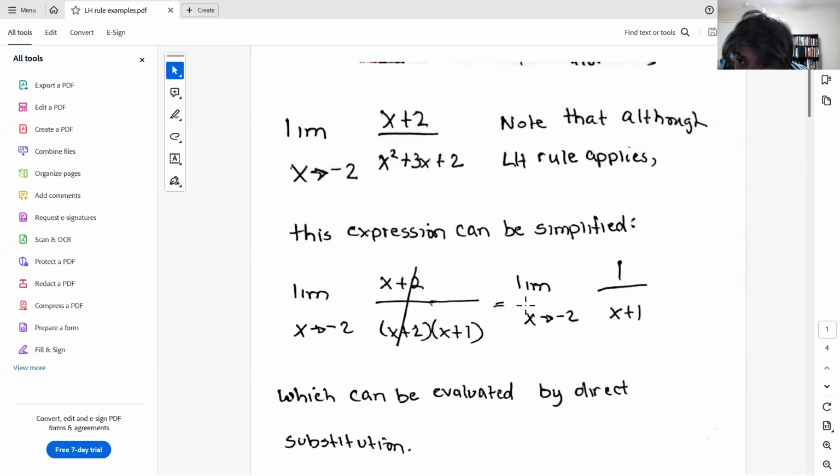So here, if you'll notice, this expression can be simplified, and all I did here was factor this polynomial at the bottom